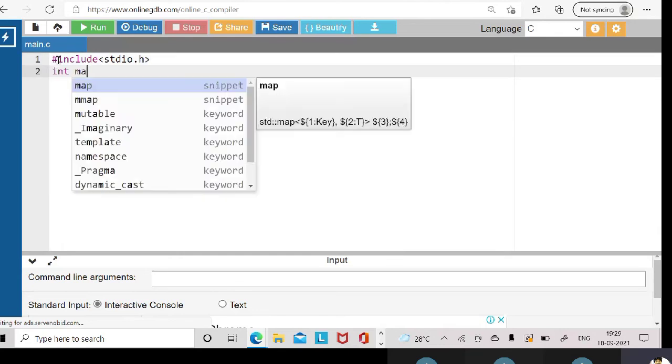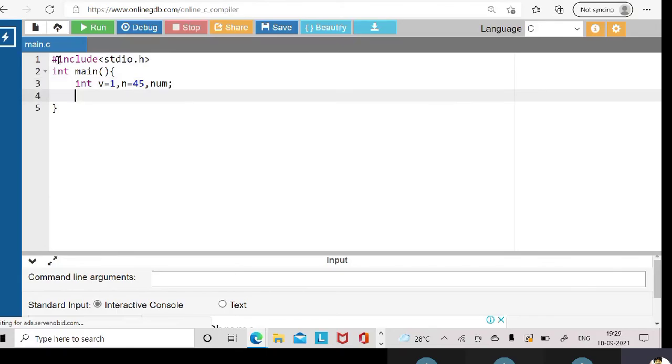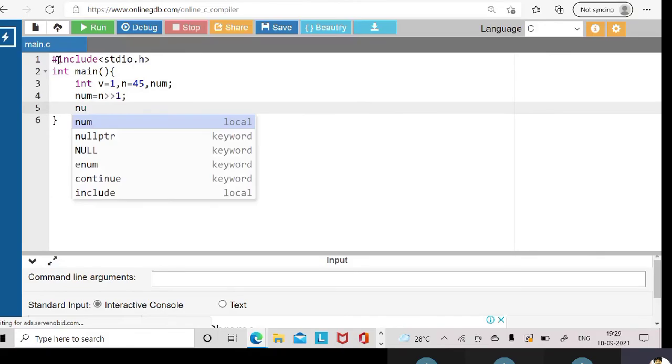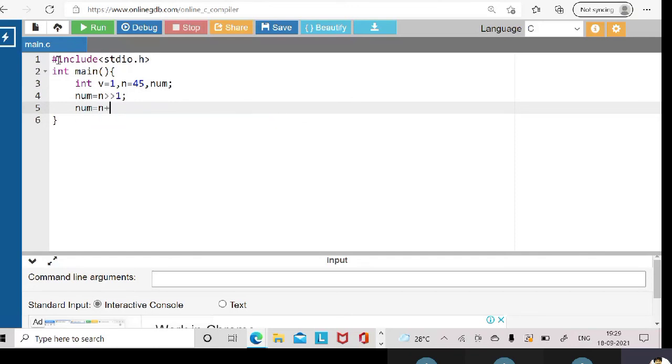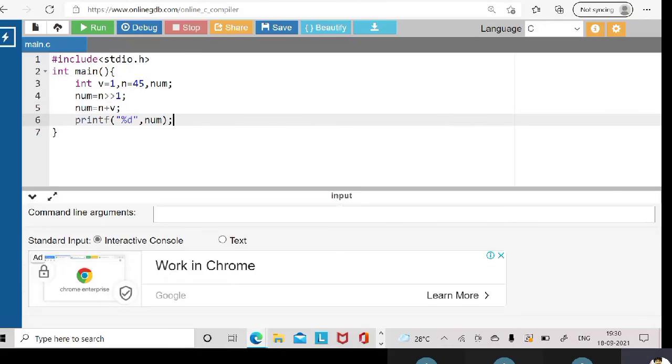This is the C code I am typing: int v equals 1, n equals 45, and a variable num. Now num equals n right shift 1, then num equals n plus v, and printf percentage d of num.